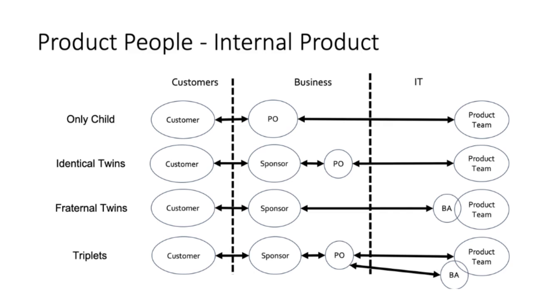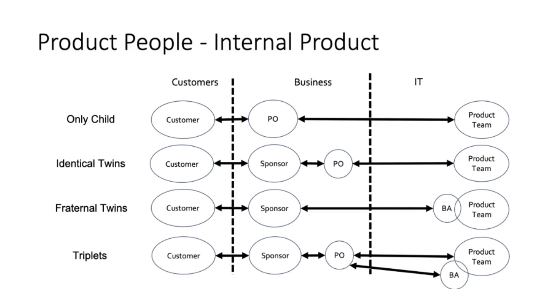In fact, the two are fairly intertwined. Internal product titles and roles. Who does what? When you're trying to decide who will be the product people in an internal product setting, start with who can make the key decisions about what problem to solve and how much to spend to solve that problem. Typically, this will be a leader in the business unit that has the problem that needs to be solved.